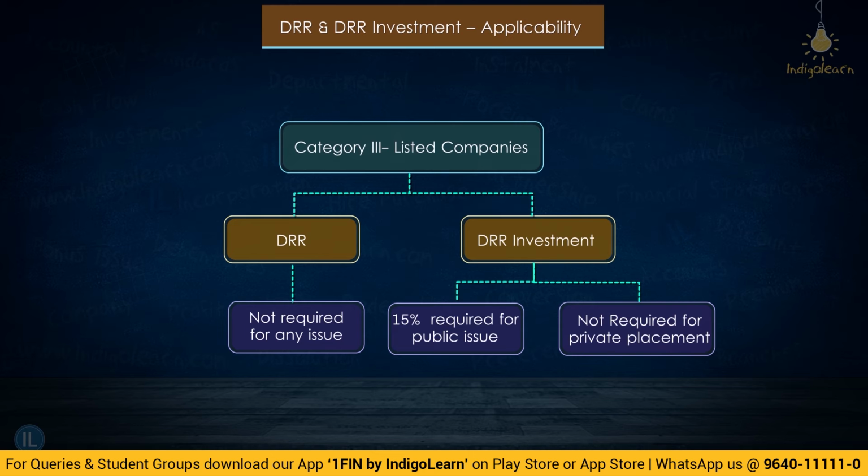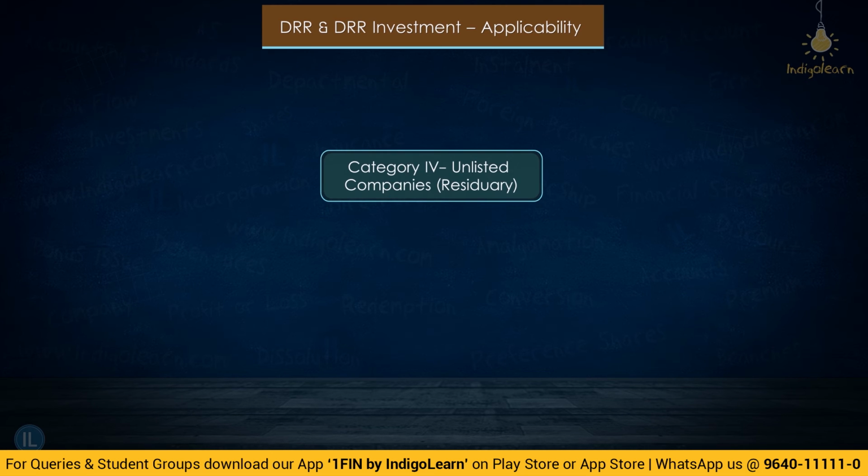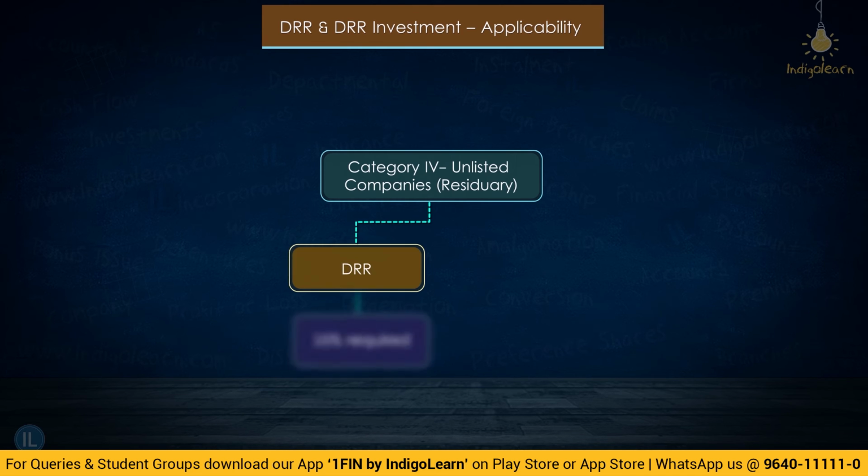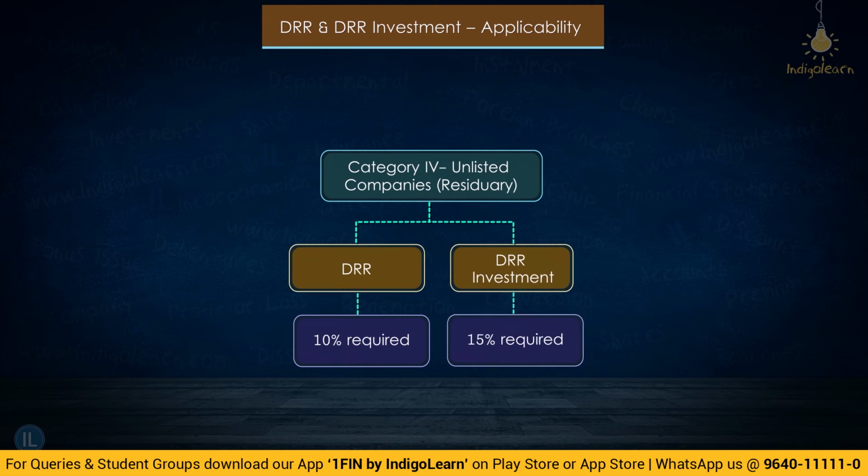Then the last category, unlisted companies other than whatever you have discussed above. If it is any other unlisted company, that means other than the banks, the financial institutions, the NBFCs and the housing finance companies, I will call it the residuary category, and generally this is what will be tested in the examination. If it is any other unlisted company, then there is a 10% requirement of DRR and a requirement to invest 15% in specified securities. Now they will not be making any public issue, they will only be doing private placements. If they do a public issue, they become listed and hence again they will not be required to create any